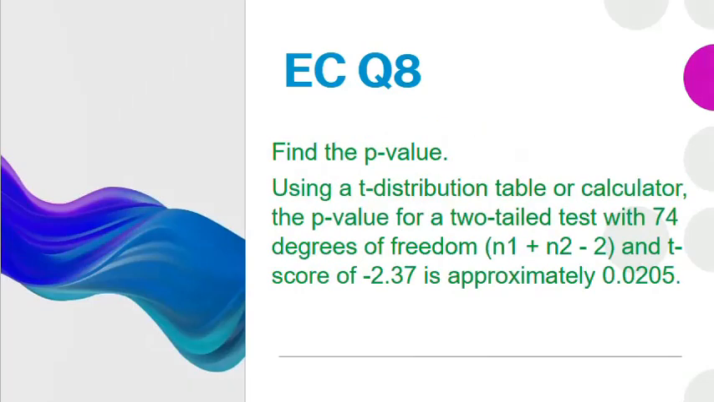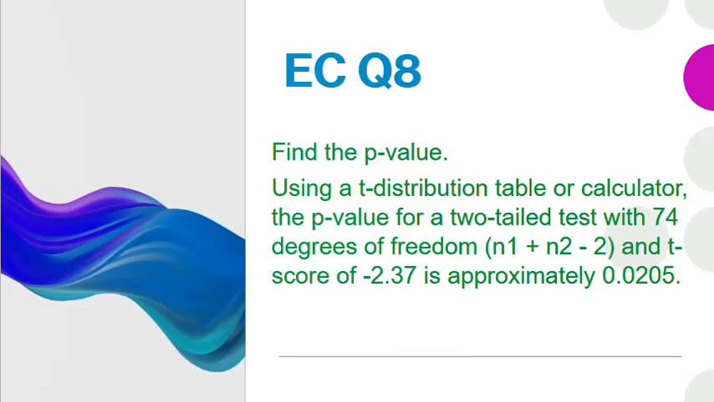Our next step after this is to find the p-value. We can use a t distribution table or calculator for a two-tailed test, which is what we'll be using since we have two samples here. The p-value for a two-tailed test with 74 degrees of freedom, which is n1 plus n2 minus 2, and a t-score of negative 2.37 is going to be approximately